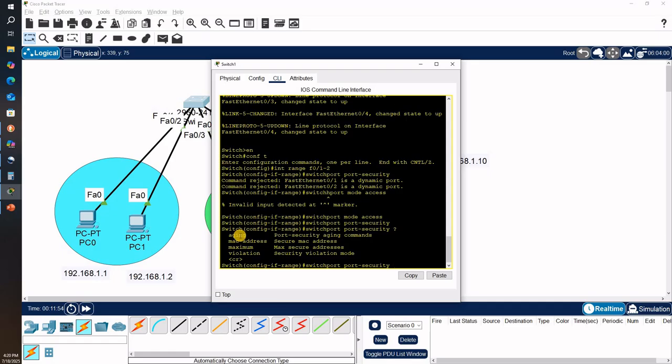If there is inactivity, no activity, then it will remove the MAC address from the table. A MAC address it can learn by connecting it with a stick, or manually we can give it. The maximum number of MAC addresses that can be given to one interface is 1 by default. If you don't give it, it will be considered as 1 MAC address on one port. Violation by default is shutdown, and